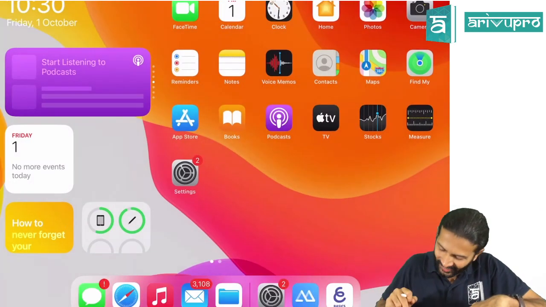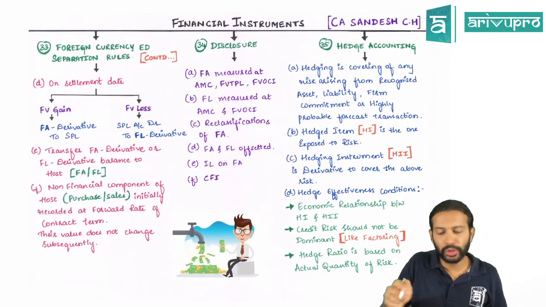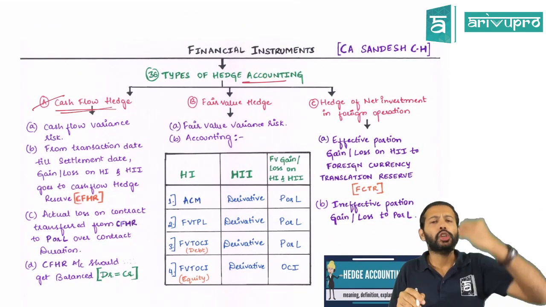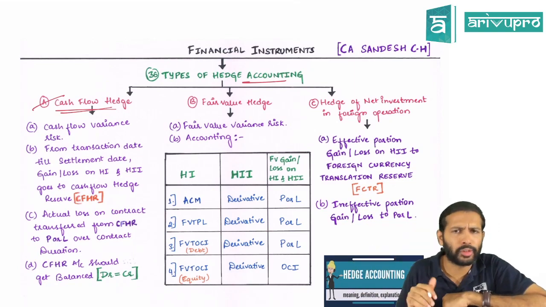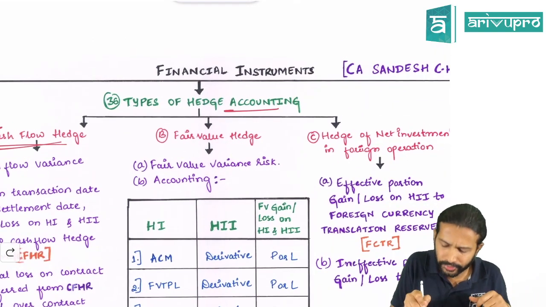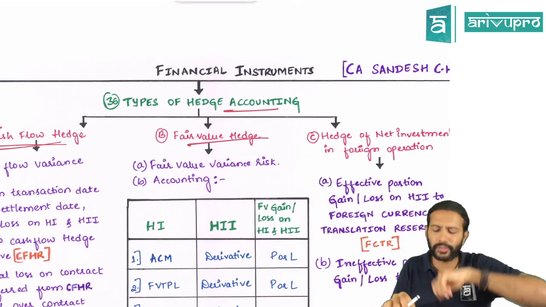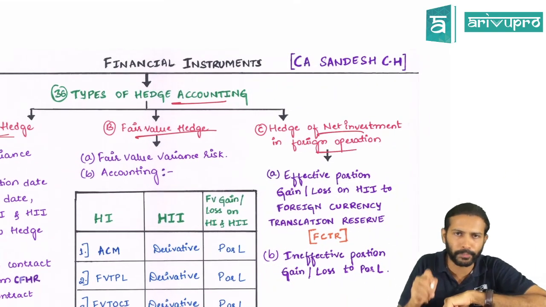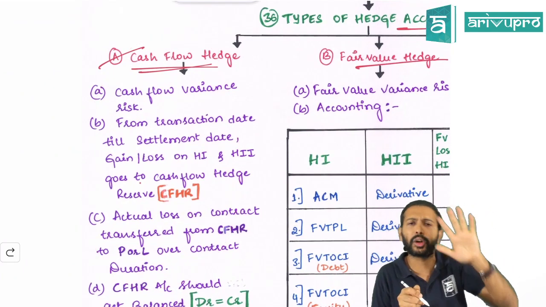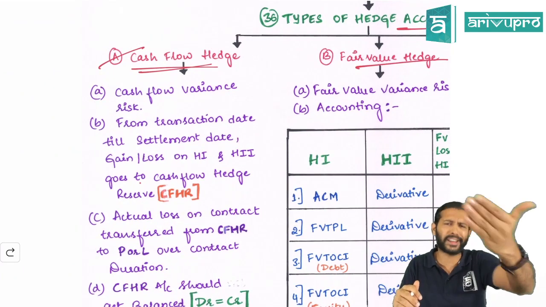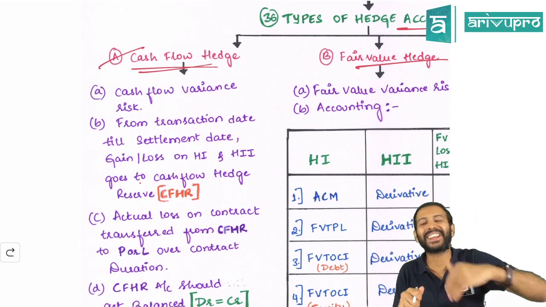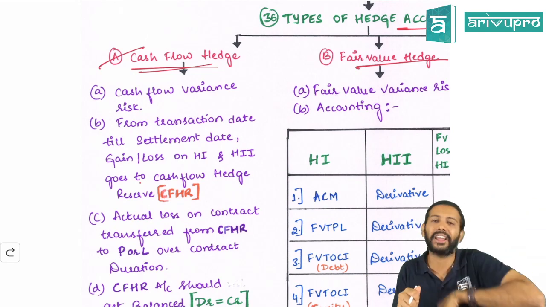All right. So now coming back to the topic, the hedge accounting we were talking about. There are 3 types of hedges. One is the cash flow hedge, another one is the fair value hedge, another is the hedge of net investment in foreign operation. The question in our MTP is relating to cash flow hedge. So let's give a quick recap. We have done it in detail, so some of you might have forgotten that. I'll give you a quick recap and then dive into the problem.